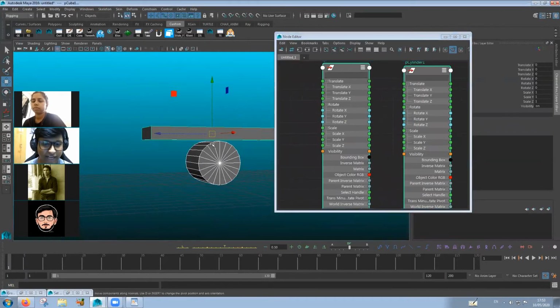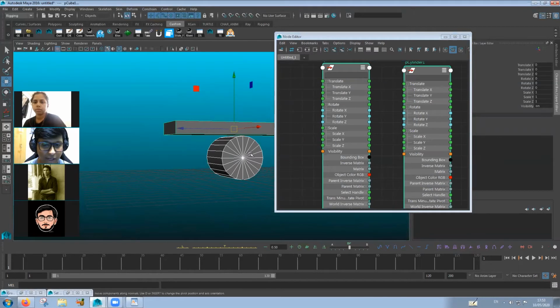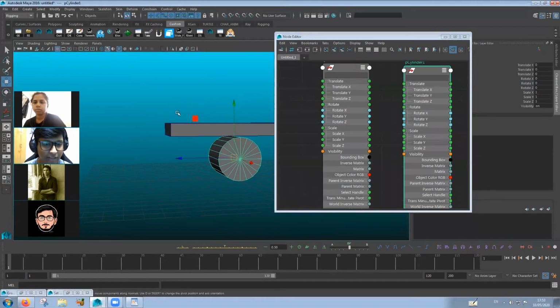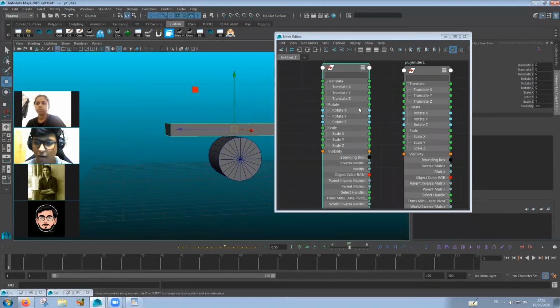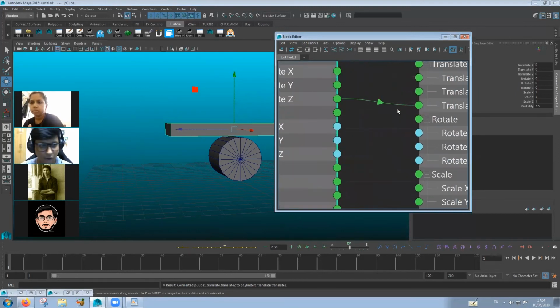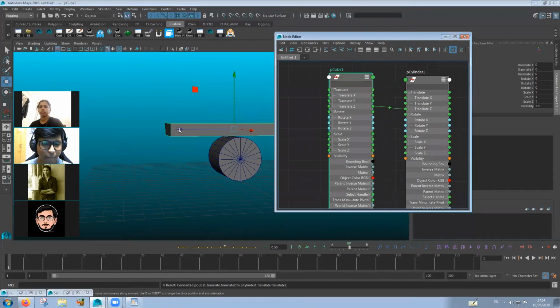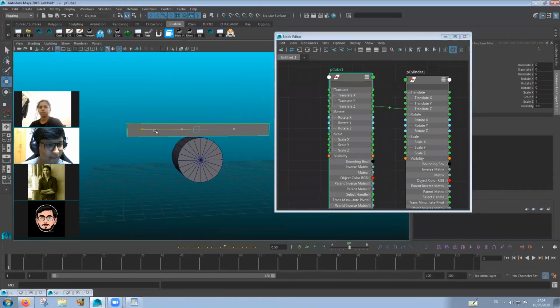So for example, if I need to control the translate Z of the wheel with the help of the translate Z of the cube, what I'm going to do is open up the translations of both, connect the translate Z to translate Z. Just click and drag and then it's connected. That's it. You see this arrow going through, green arrow? That means the connection has been established. Okay. Now if I pull the translate Z of cube, you can see that now this is also moving.